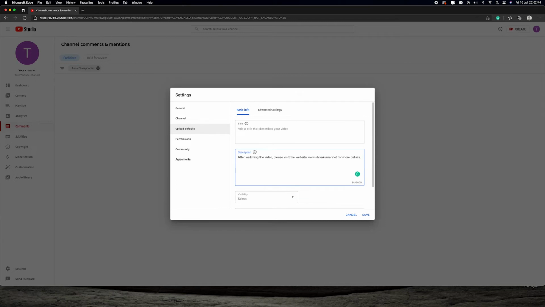Now this description is a part of all the videos that you upload, and on top of it you can add or remove things. You can add more description, or if for a particular video you don't want it, you can go ahead and remove this description.